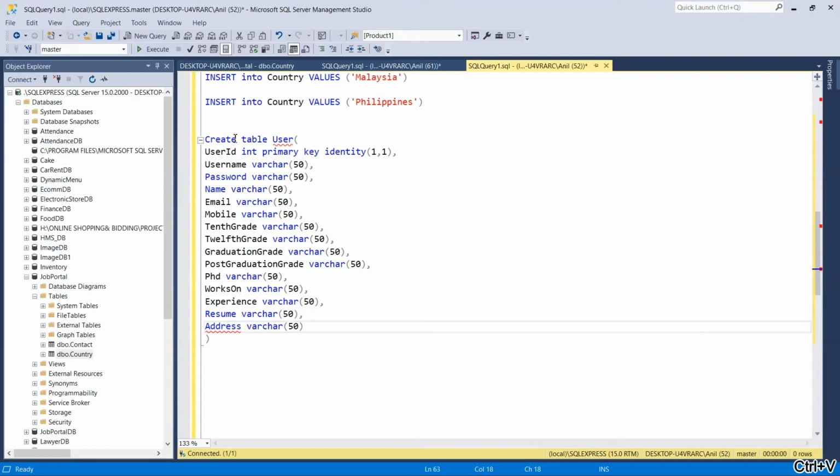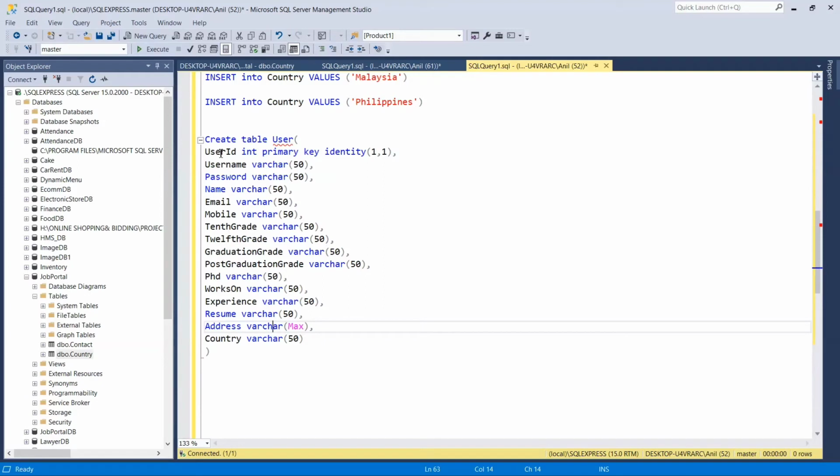Instead of 50, we'll take max here, and the last column is country. Okay, so 1 2 3 4 5 6 7 8 9 10 11 12 13 14 15 16, 16 columns